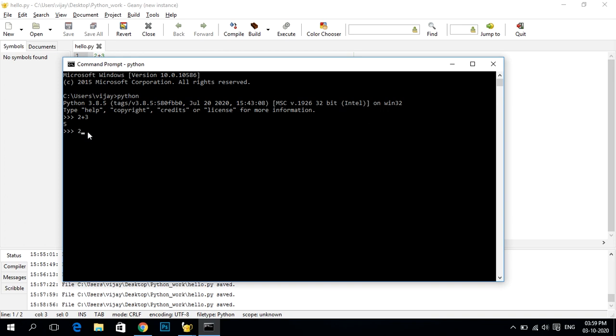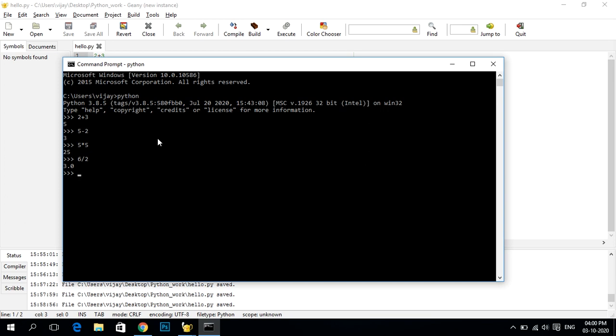So whatever numbers we are providing, with this plus option it will add the numbers. When we use minus, like 5 minus 2, it will subtract. When we try multiplication, 5 into 5, it will give the multiplication result. When we use 6 divided by 2, it will give a 3.0 result. Okay, so these are the numbers we are using, and the operators are add, subtract, multiplication and division, right?